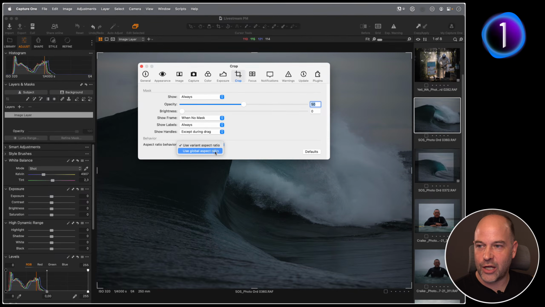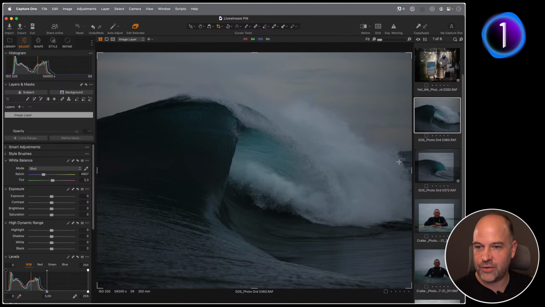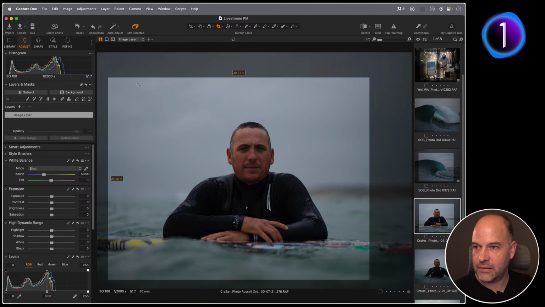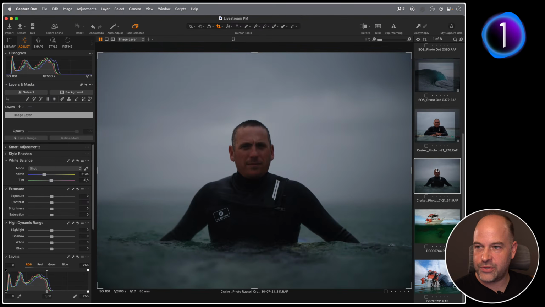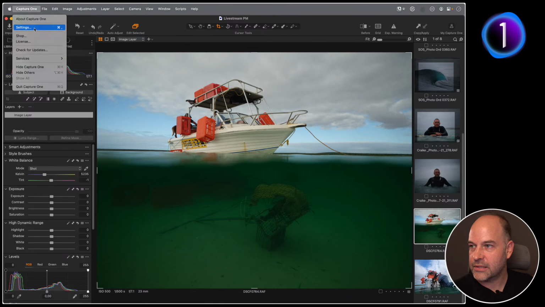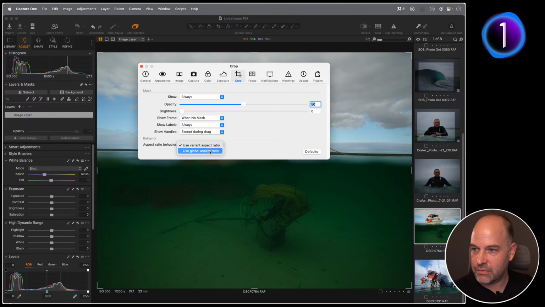Now I prefer to have a global aspect ratio because I do everything unconstrained. Okay? Or you might want to do everything 2:3, or you might want to do everything 4:5. So if that behavior I've just described annoys you, then go to use variant aspect ratio, and then you will find, let's go to unconstrained, that whatever image you go to and you start cropping, it will be on unconstrained. So just remember to change that to